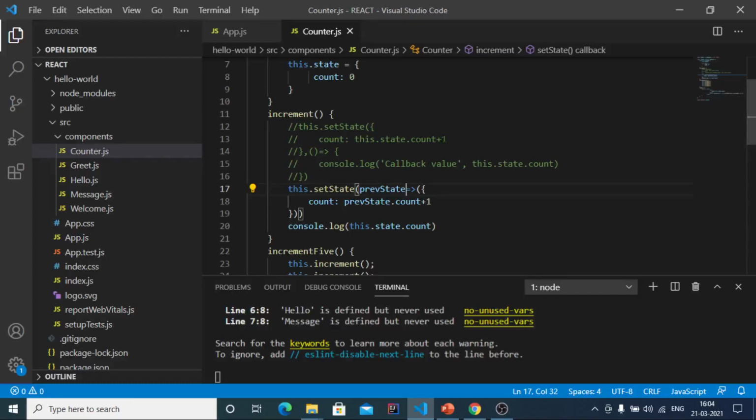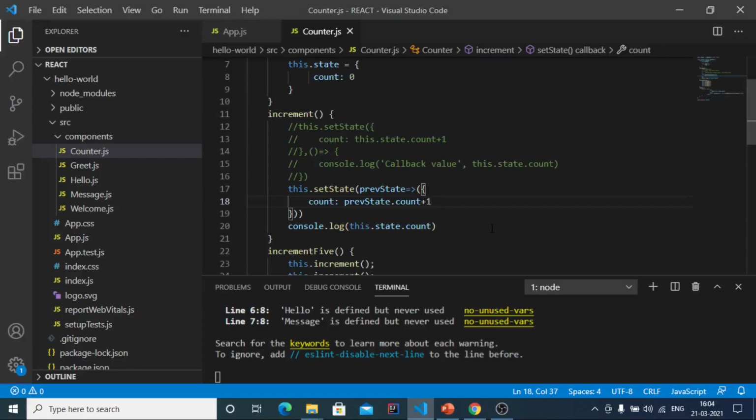in the above code, when you call the set state method and you have passed the regular object to the set state method, you are updating the current state of the count variable. But here, if you want to update the value of the count variable in the previous state, then you have to pass the function as a parameter to the set state method instead of the regular object.